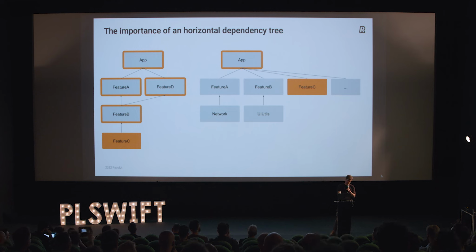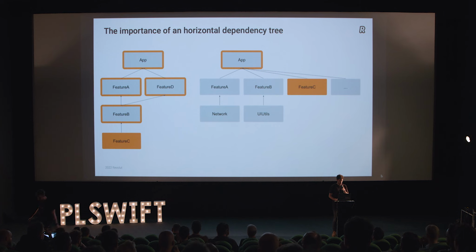you see is that if you make a change on some of the feature modules on the vertical chain, then you're triggering a rebuild of all the upstream dependencies. This means that if your tree is vertical, you're going to have longer builds, even if you're using Bazel, even if you're caching your modules, even if you're doing all the things that I explained before, your build times are going to be long. But if you go for a horizontal dependency tree, what you see is you have a pull request, you change something on your module, and only your module is changing and getting built and getting tested. And you can have thousands of modules horizontally, because that's going to be the same experience for every pull request. You see?